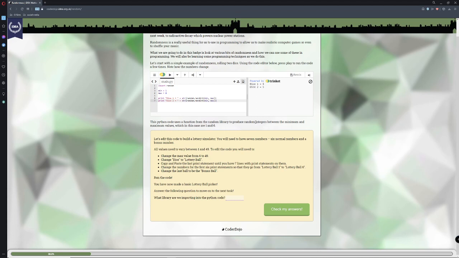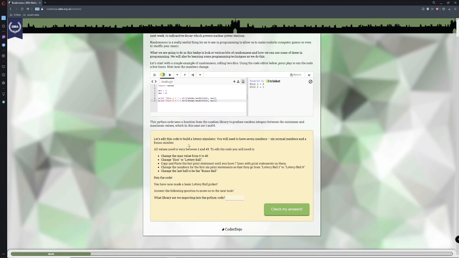And you know what an integer is. If you haven't seen this, then make sure to check the playlist that will be linked up at the top right, I believe, or somewhere. I'm pretty sure I've done a video on integers before. But basically, integers are whole numbers, so like 1 through to 999 billion. Okay, moving forward. Between the minimum and maximum values, which in this case are 1 and 6.